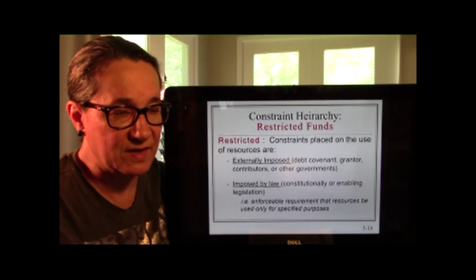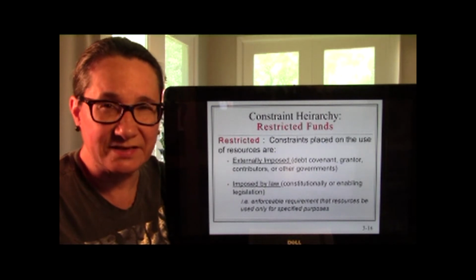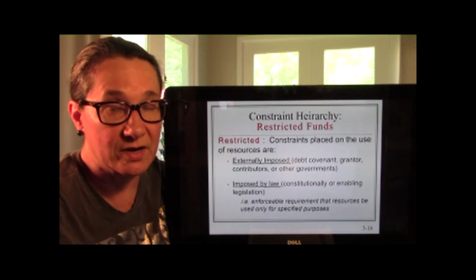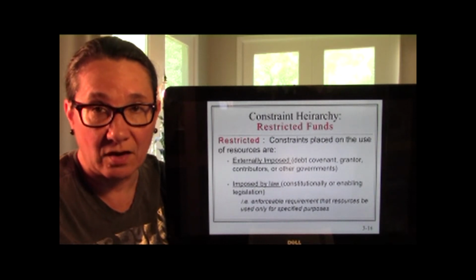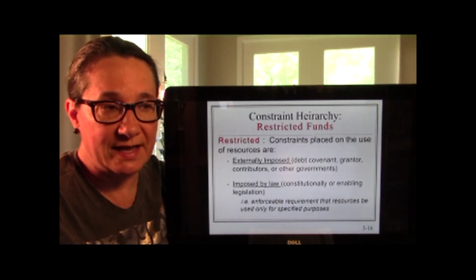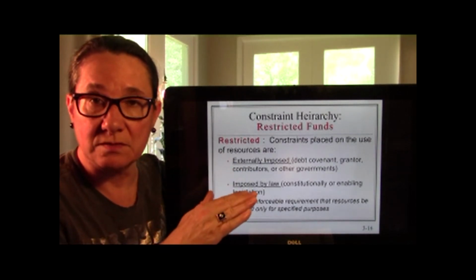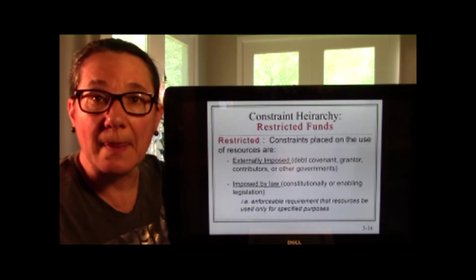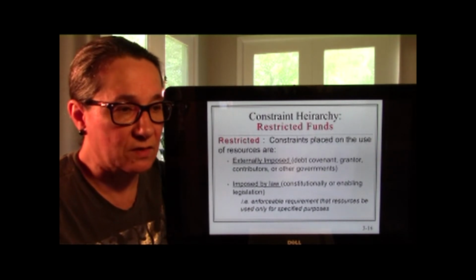Permanent funds are non-spendable, right? So it's still hard to keep track, but if it's something that you're never ever going to be able to spend at all, it's funds, but you can't ever spend it, then that's going in non-spendable, right? We're only going to earn the interest and spend the interest, right? So don't confuse